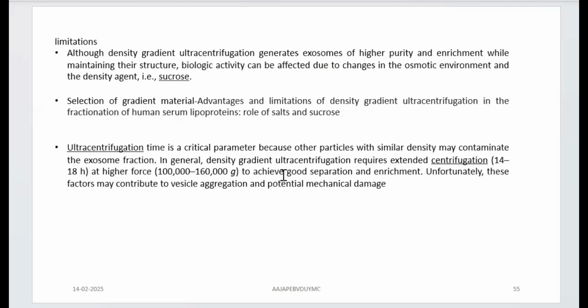But there are certain limitations. For example, if you take the separation of exosomes, and you want a higher purity,